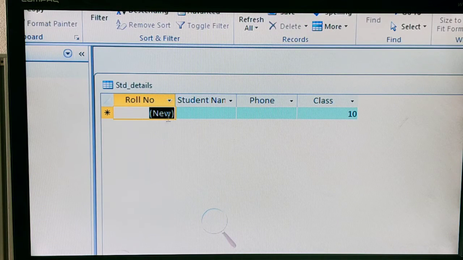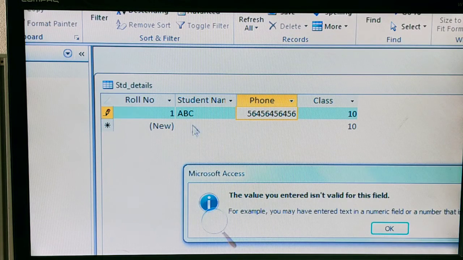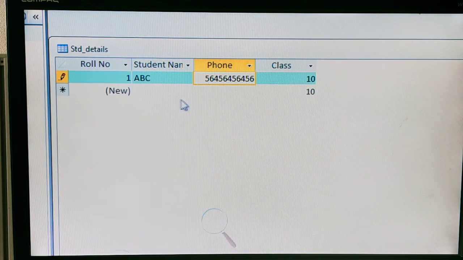Now the user has no need to enter the roll number. Why? Because the roll number data type is auto number, so you can just enter the student name, that's enough. Automatically the roll number will be taken, you can observe here. Then I will enter the phone number.